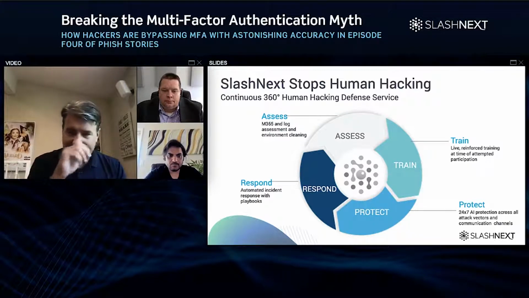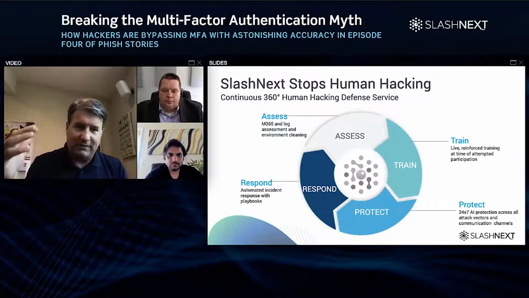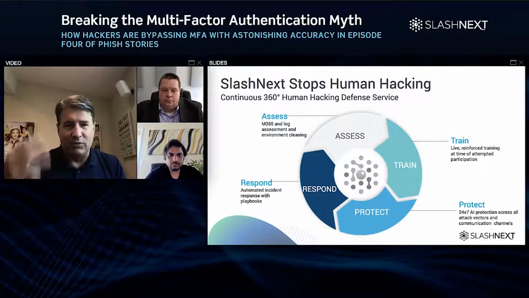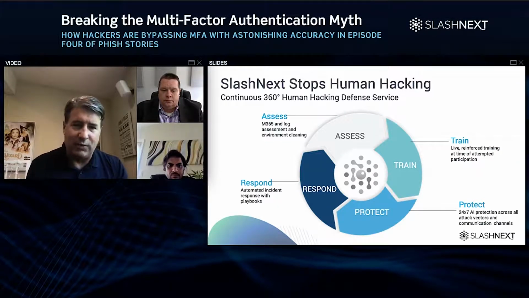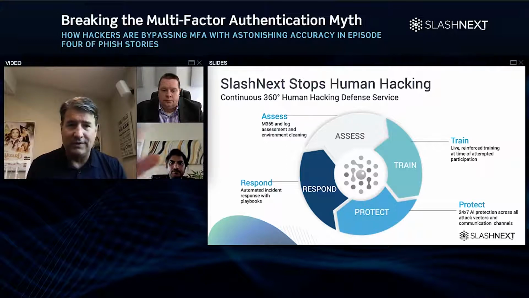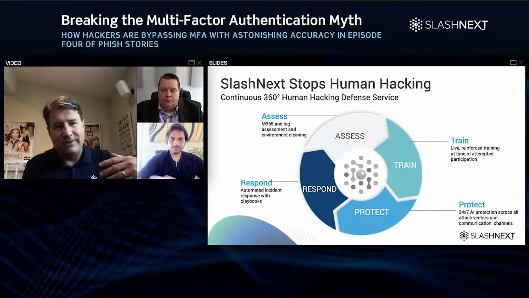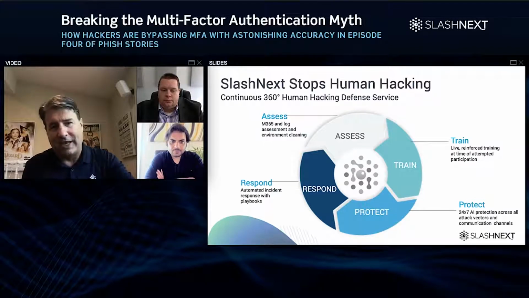If you're not actually stopping that PDF that has an HTML page or a link in it that resolves locally, if you're not on device, you're never going to see that. It's never been seen in the wild. You have to have the ability to do a quick scan and block of that type of attack. I can add one other dimension here with TLS 1.3 end-to-end encryption as an example, a WhatsApp attack that's correlated with LinkedIn. You're never going to see that if it's encrypted. It has to be clear text.